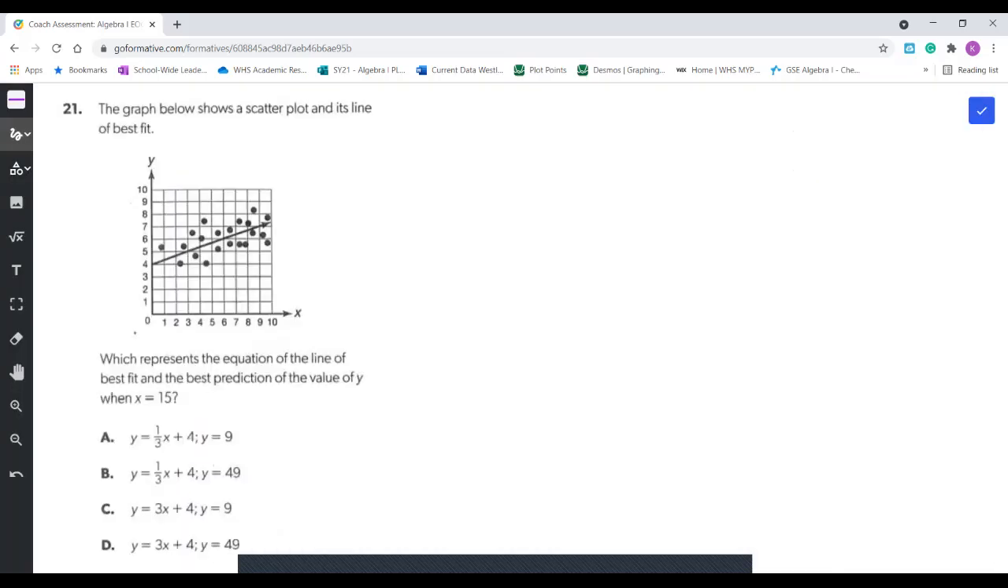All right, so it says the graph below shows a scatter plot and its line of best fit. Young people, this would be a good representation of that previous problem we did that had a correlation coefficient of 0.683 or whatever it was, okay? Now it says which represents the equation of the line of best fit and the best prediction of the value of y when x is equal to 15. Well,